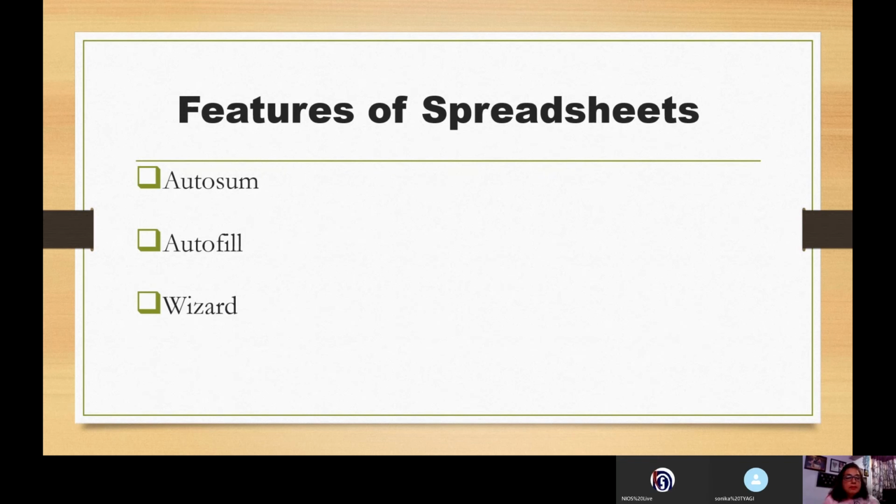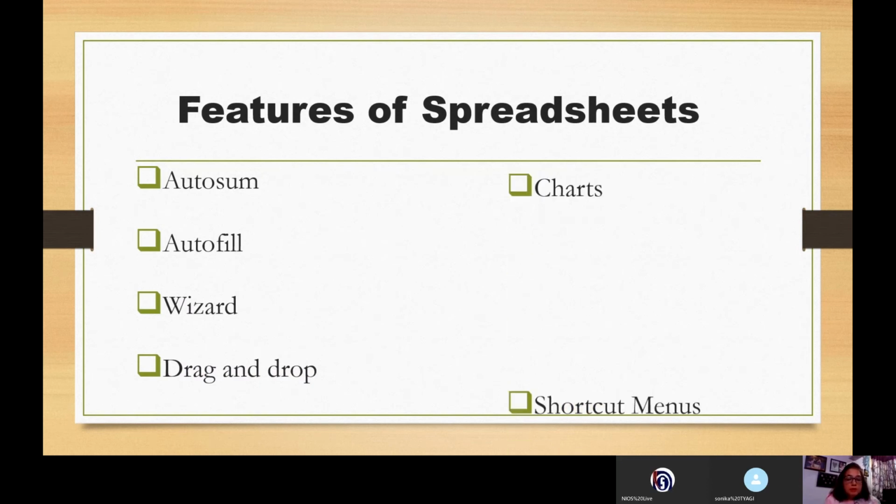A wizard. A wizard is a step-by-step execution of a particular process. So spreadsheet gives us various wizards. The most common wizard is the chart wizard. Then you have drag and drop feature. We'll be doing most of the features today so that you get a hold of the spreadsheet application. You have charts.